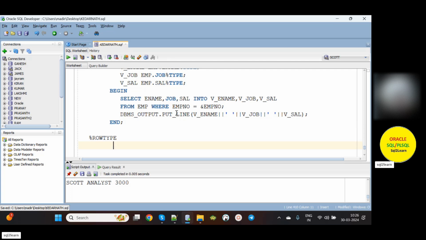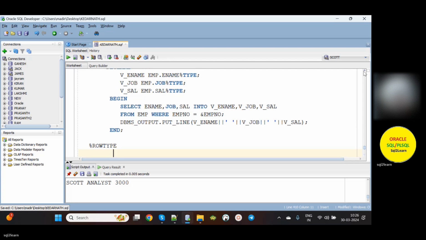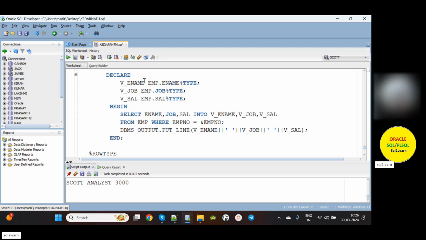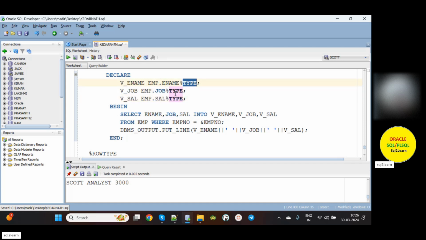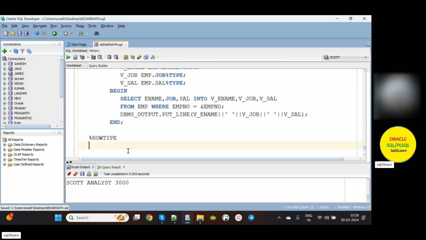So we are declaring one notation for every column, is it? For employee name, we are notating one notation. For job, another. Like that, we are declaring multiple times by using percentage type from the same table, is it? But what is the use of row type? If you want to keep the entire record,